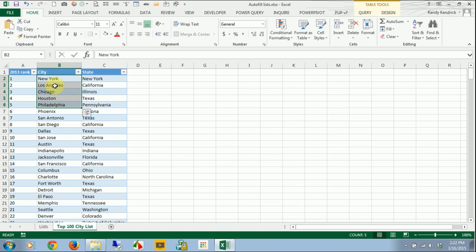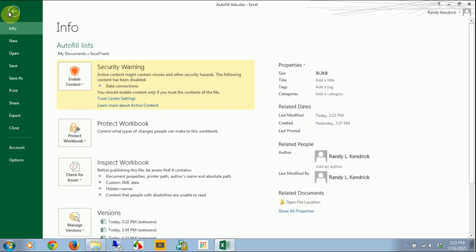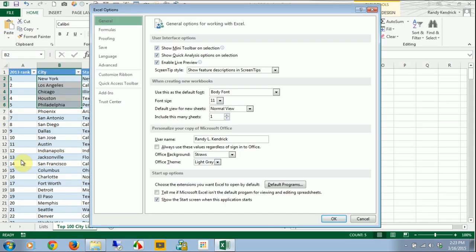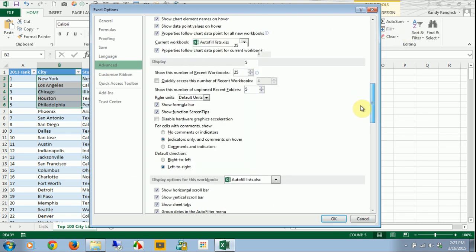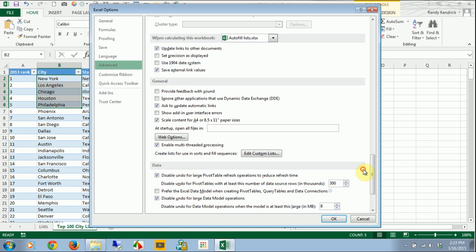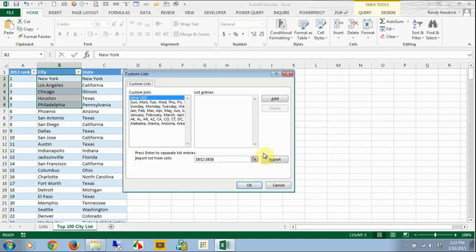But the way to make these lists, and it's in a different place before Excel 2010, but 10 and 13, you click on the File menu, and you go down to the Options category on the left, and then you have to click on Advanced on the left of this dialog box, and scroll that almost all the way to the bottom here, and we have a header called General. And when we see down here, Edit Custom Lists, so we click on that, and now we can type in a list that we like, or what I've got here,